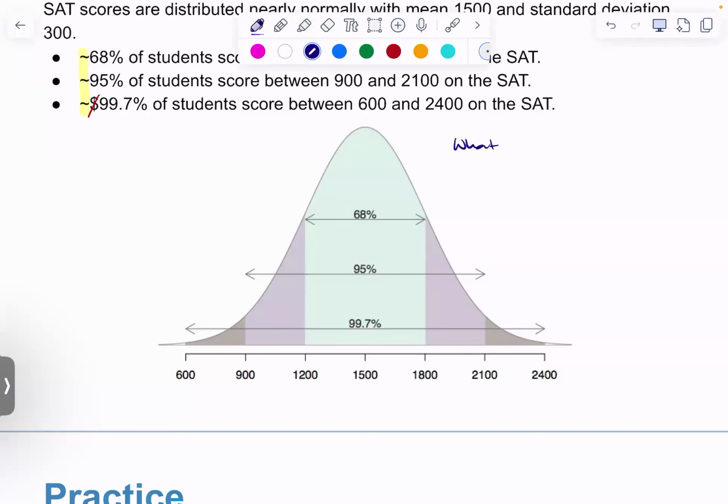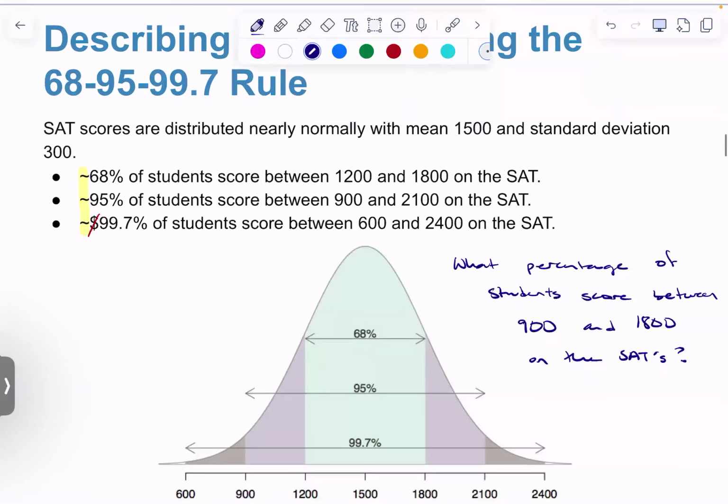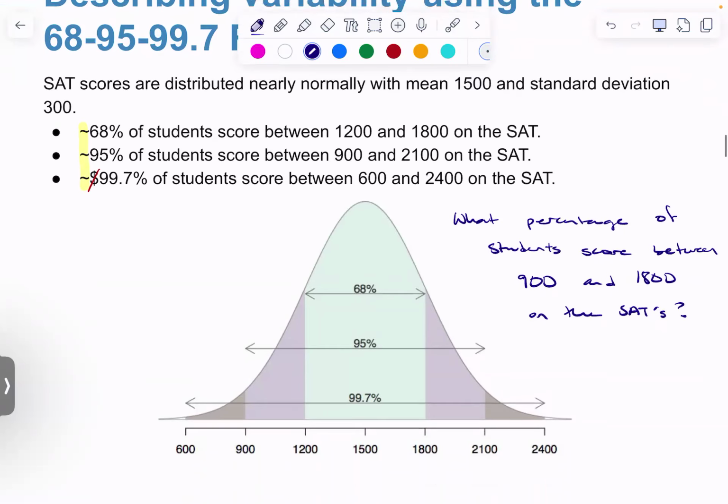But what percentage of students score between 900 and 1,800 on the SATs? So it would say, using the 68, 95, 99.7 rule, what percentage of students score between 900 and 1,800 on the SATs? So what I'm looking for,